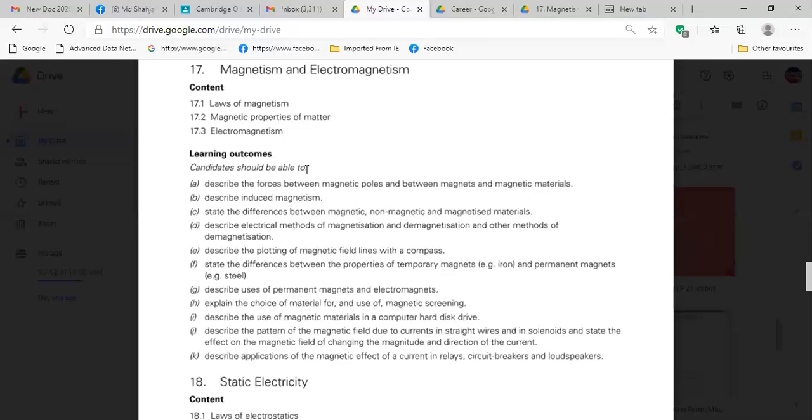Hard magnetic material, give a hyphen, then write: retain, R-E-T-A-I-N, magnetism once they are magnetized. Examples: steel, cobalt, nickel.